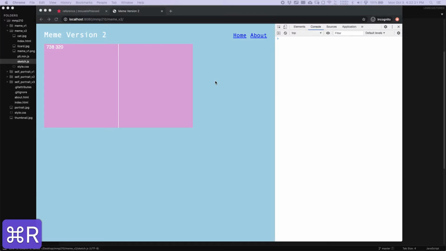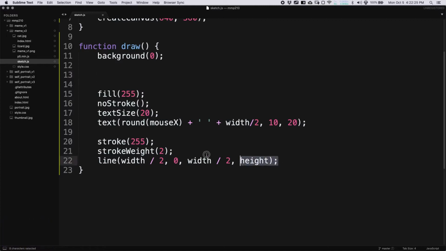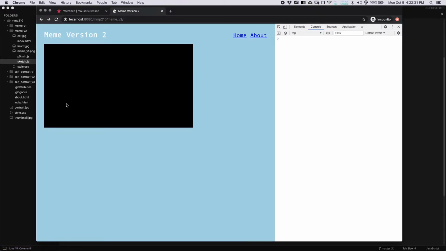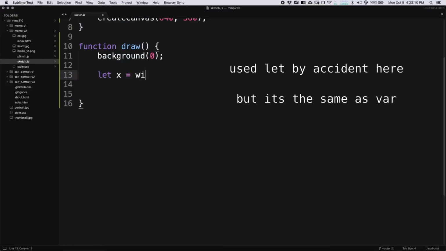So what we want to do is divide our canvas into 3 sections using the height. So let's come up with some values first. We can draw our stop sign in the middle of the canvas. So I'll say X for the stop sign for each light is width over 2. And then we need to know the height of the canvas. So I'm going to say let H for height. And so we want height over 3 because there's 3